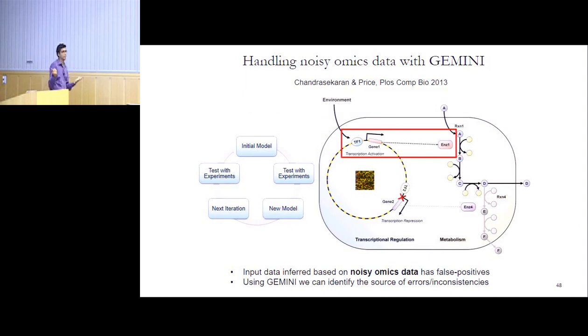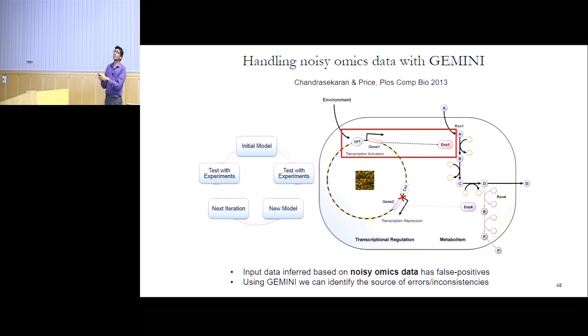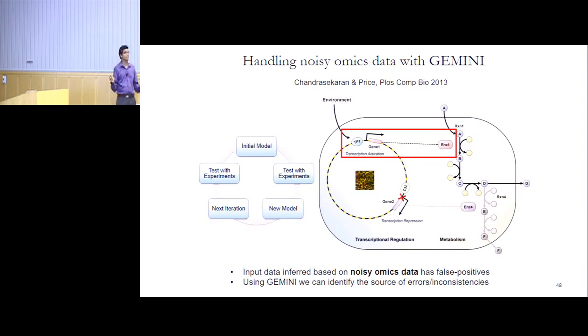So let's go back to the example of PROM again. Let's say you did a ChIP-seq experiment and you found that transcription factor 1 is predicted to turn off a specific gene. If that was the case, then you can ask using PROM what happens when you knock out this transcription factor. Let's say your data would predict that if we turn off this transcription factor, then this enzyme will also be turned off. And what the algorithm predicted is that in that case, the cell would not survive in a certain condition because it needs this reaction to be active to metabolize an important metabolite. And then you do this experiment and you find that the experiment does not agree with your model prediction. So what do you do now?